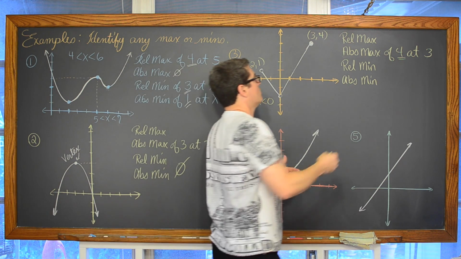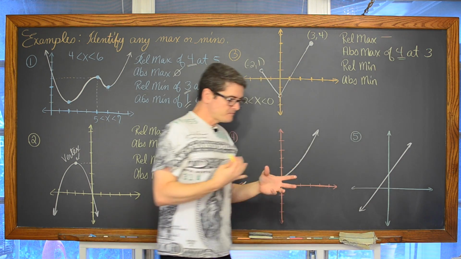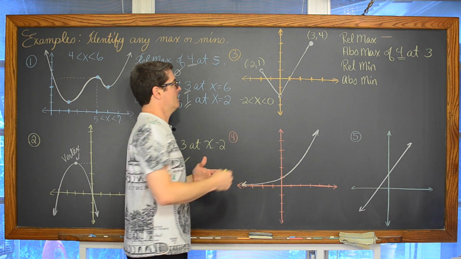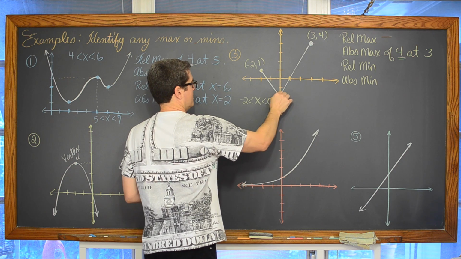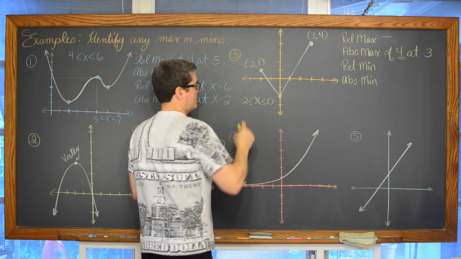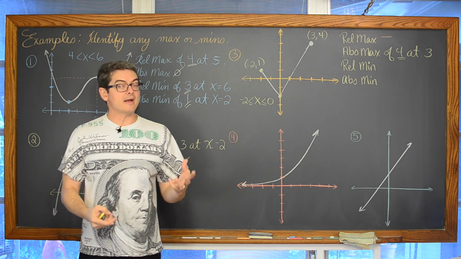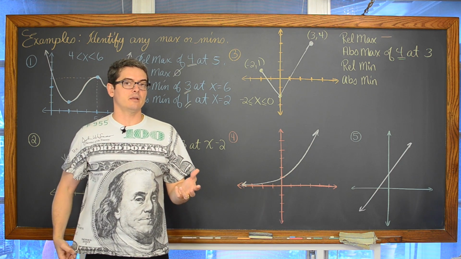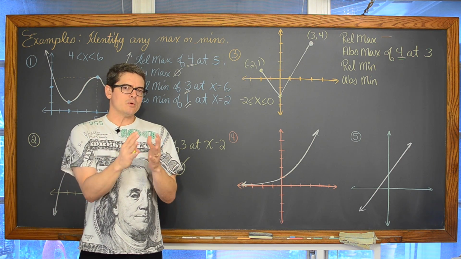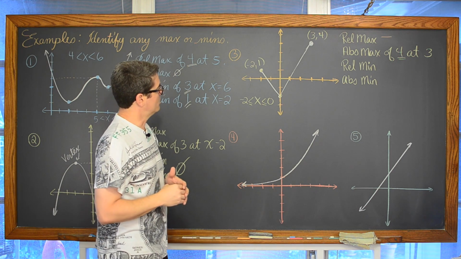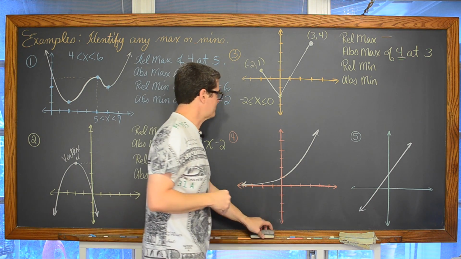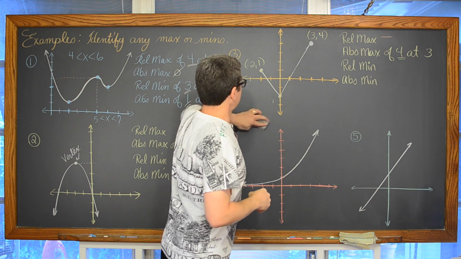So no relative max would be identified, because that is at the endpoint of a closed interval. And identifying relative max and mins is always about identifying a lowest or highest y value on an open interval. So sorry, I just find that a little bit bothersome, but that's the way it is.